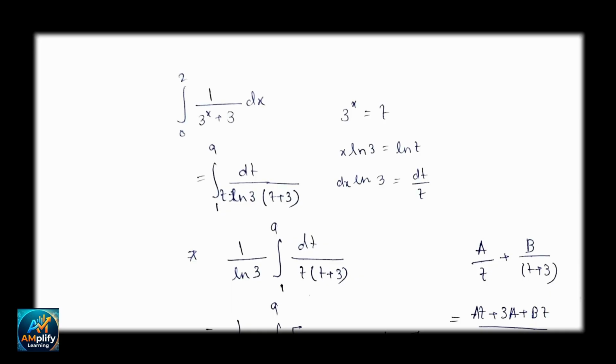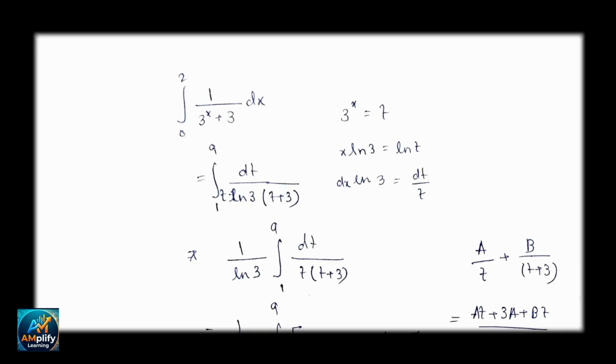So we will first do a simple substitution. We are considering 3 to the power x is equal to t. We are taking log on both sides. So we get x ln 3 is equal to ln t, right? Now we do simple differentiation. We take the derivative, so we get 1 by t dt by dx, but I've done one step jump and brought that dx to the left hand side, so we get ln 3 dx is equal to dt by